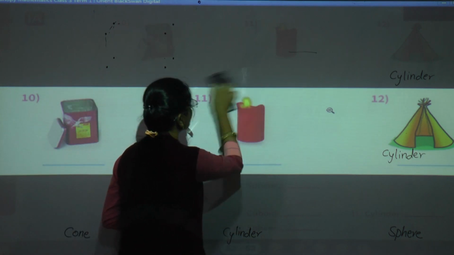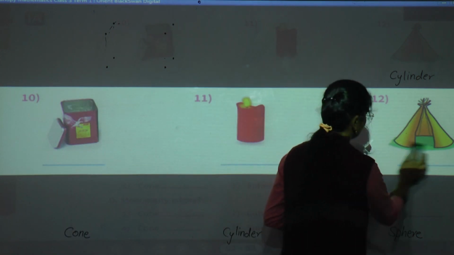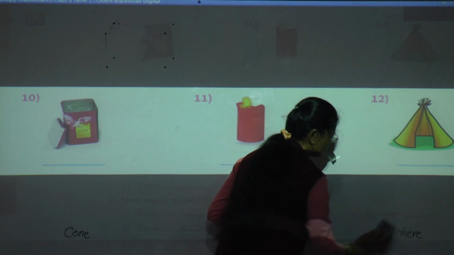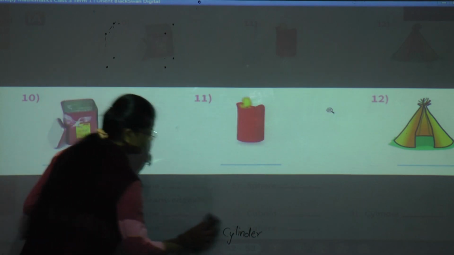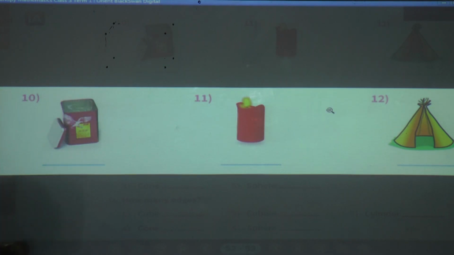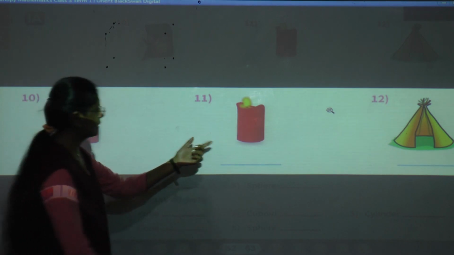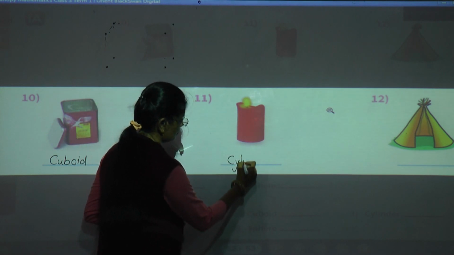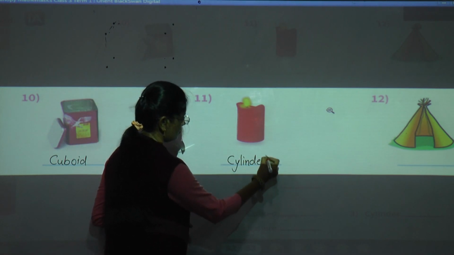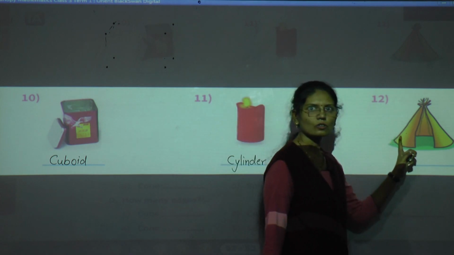So what is the shape of that object? If we compare, it looks like a cuboid. The next is cylinder, and the last is cone.